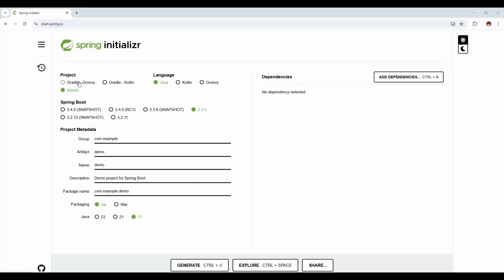From here, as I mentioned, you can choose the project and the language. Here the 3 language tabs are available. From there you can choose any one, and then the latest Spring Boot version. After that, you need to choose the project metadata like group, artifact name, description, packaging name, and packaging type. Either the packaging will be jar or war, and then for the Java version you can choose over here 17,